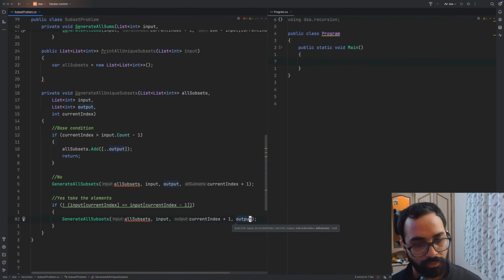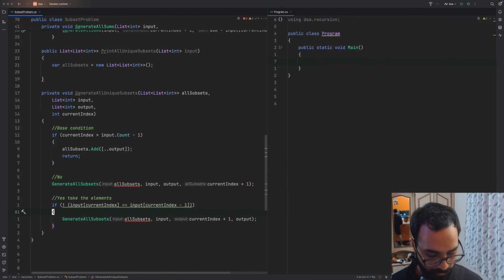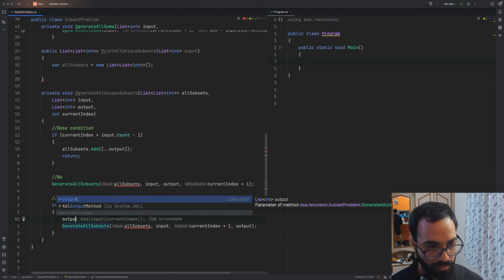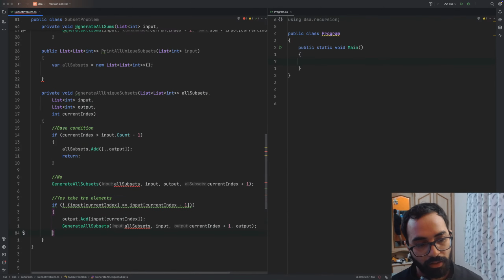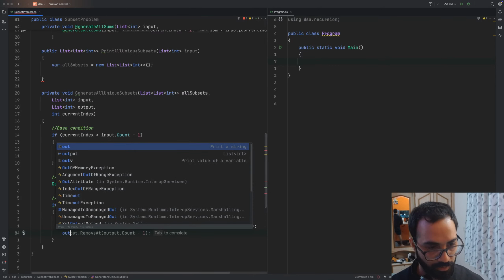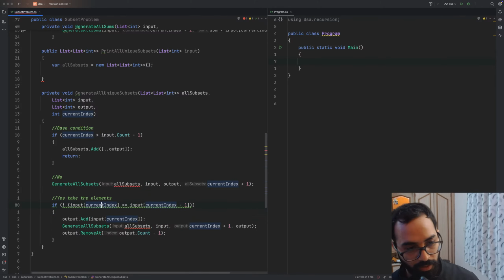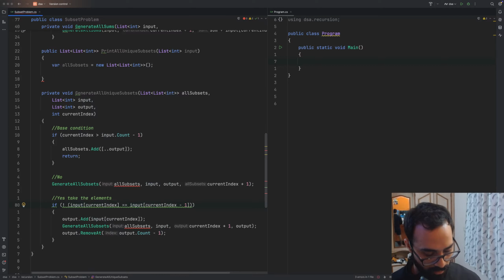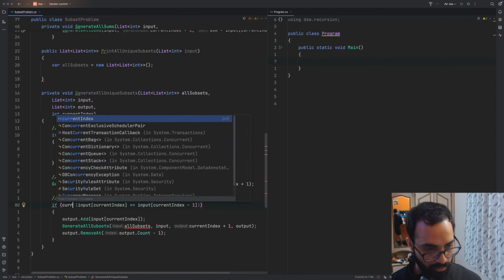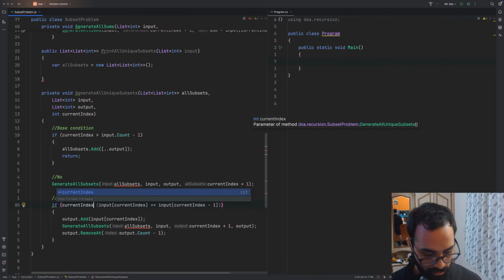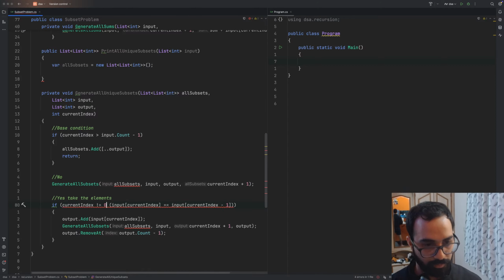What I need to do: output dot add input on, and while going out I will output dot remove at output count minus 1. Now it is still crying. Why is it crying? We will check it out. Here I will also check whether the current index is not equal to 0. So basically current index is not equal to 0